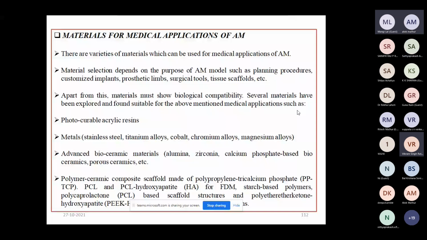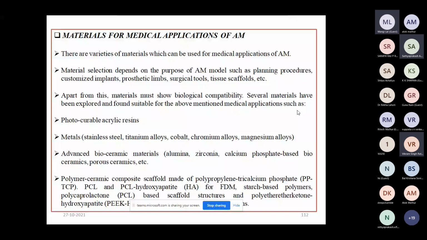If we talk about the resins or polymers, that could be the photocurable acrylic resins, but for prosthetic limbs or implants, we'll talk about the plates, then it could be the metals made of stainless steel, titanium alloys, cobalt alloys, magnesium alloys, etc.